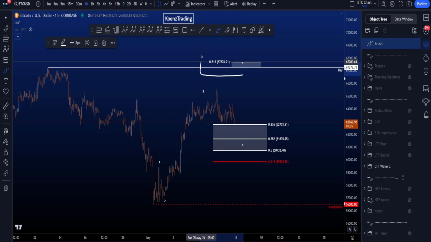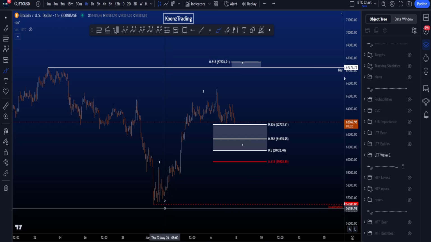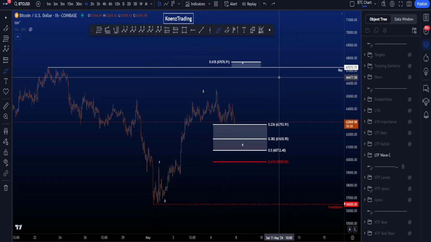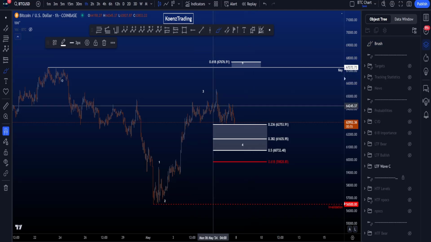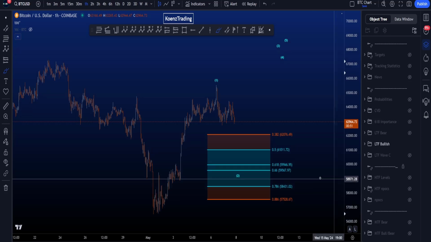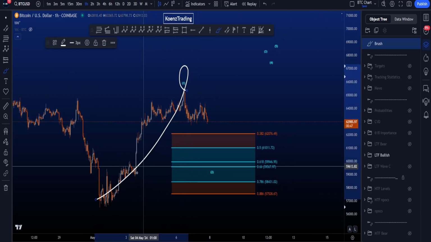structure. A target for a wave 5 is the 0.618 on the chart, trend-based sub-extension taken from the low to the high of 3 to the current low that we have, and as you can see it is just above the highs at 67.2k. The second bullish scenario here is a finished impulsive structure to the upside in a wave